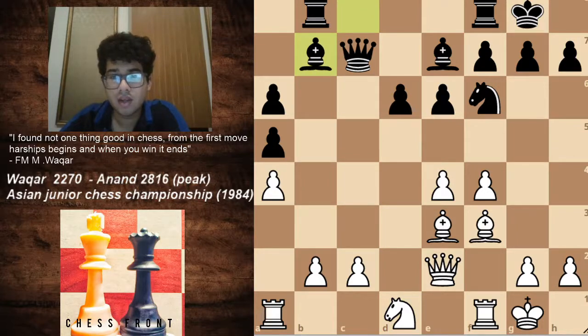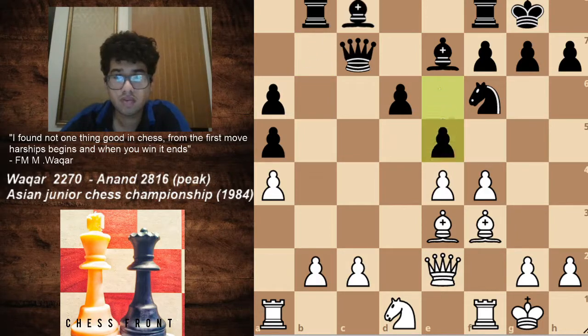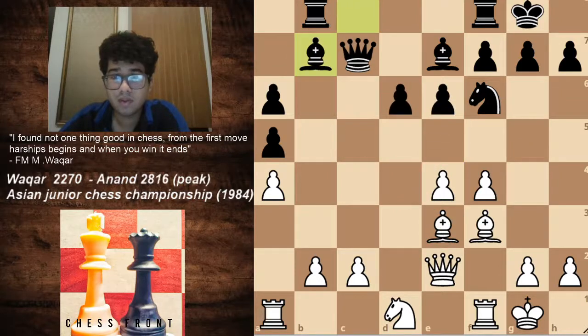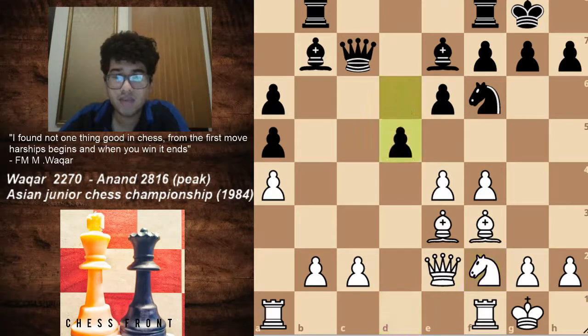Alternatively, what black could have played is the move e5. This is a very nice move, I believe. F5, and if f captures e5, we have d captures e5, and we can see already that white's bishop has no good squares. So instead, after bishop b7, the move knight f2 was played, improving the position of the knight. We have d5.